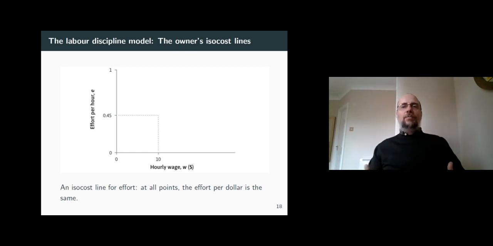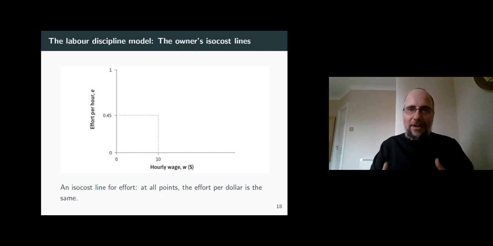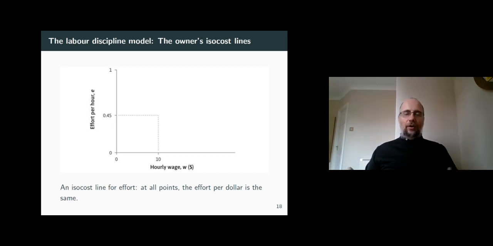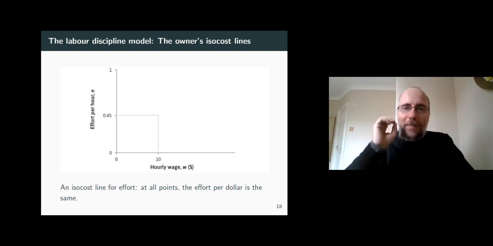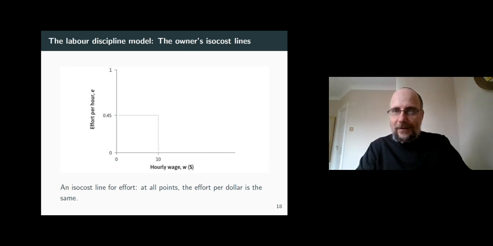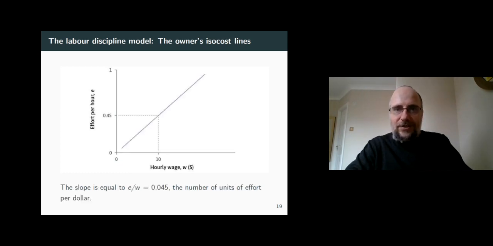But then the firm has a problem. It's good to have workers who work hard all the time, but because they become increasingly tired as they work more, you don't want to spend a fortune on this extra effort, do you? So your goal becomes the following: how to minimize the costs that you pay per unit of effort. You do that by looking at the isocost lines for effort, those lines at which the cost per unit of effort is the same.